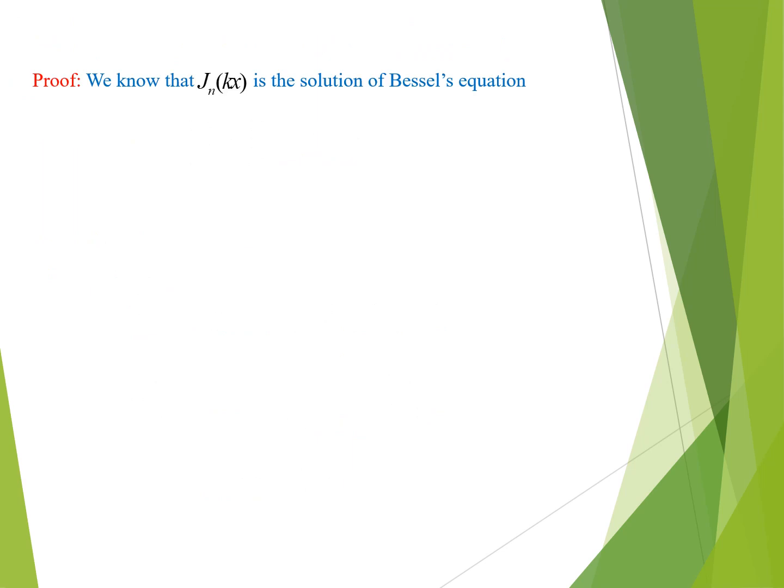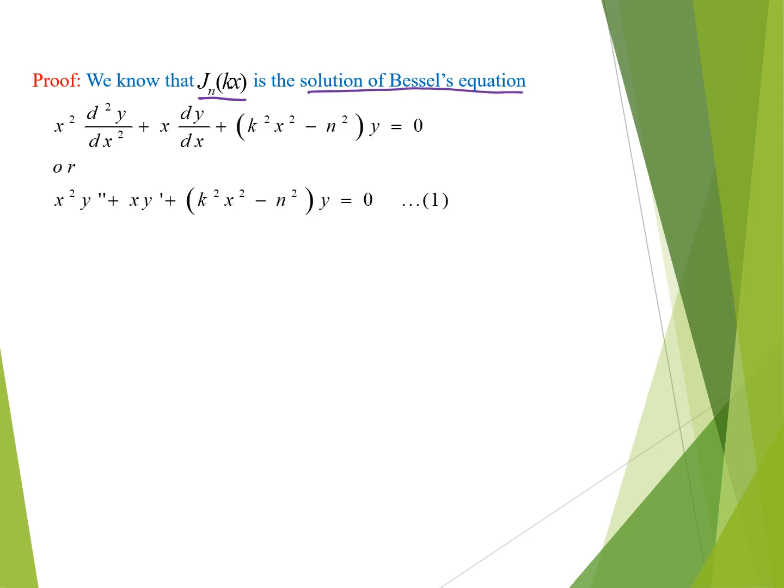That means when y is equal to c1 J n kx plus c2 J minus n kx. Now we know that if J n kx is the Bessel's function, then it is the solution of Bessel's equation of this form, where k square x square is introduced over here, and this is the second derivative with respect to x of y, also represented as y double dash. This is the first derivative, y dash, and y is the same. So it is clear that the solution of this first equation is J n kx.